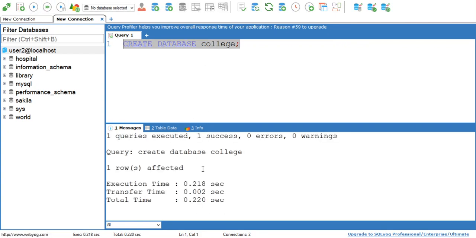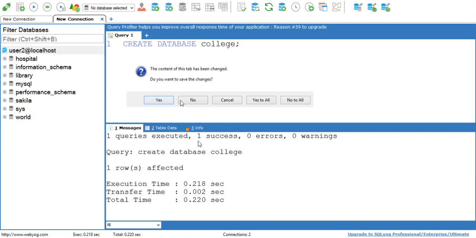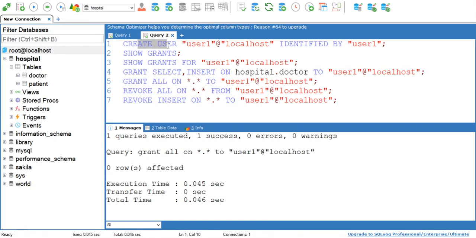See, it is successfully executed. So this is how you can create a user by using the create user command, give permissions by using the grant command, and revoke permissions by using the revoke command.